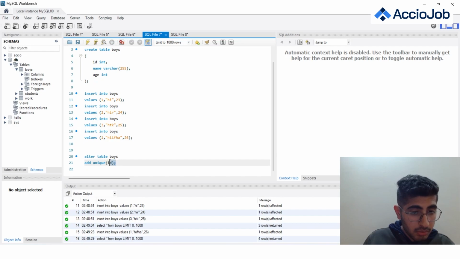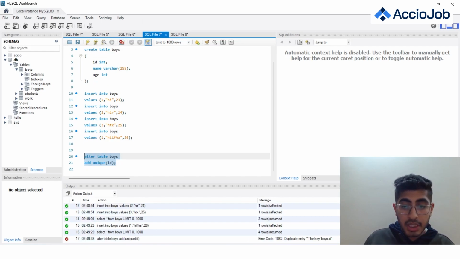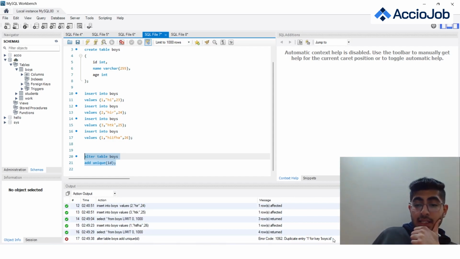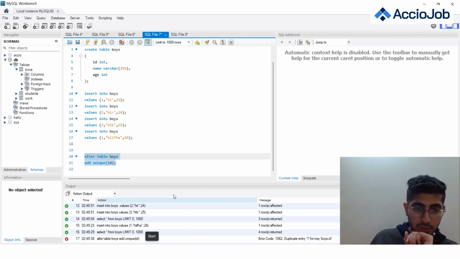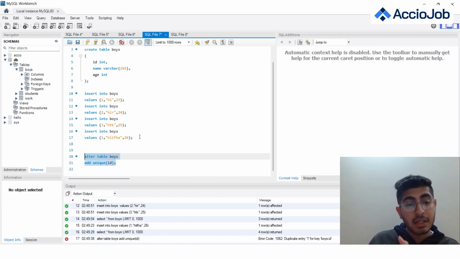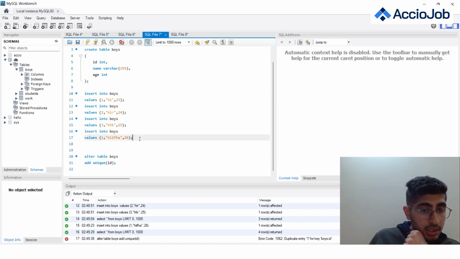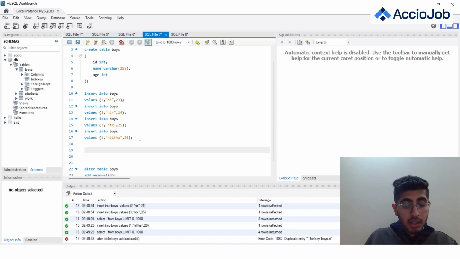Okay, now we'll run this one, that alter table. See what it is telling, that okay, we cannot set this column to unique because already there is one duplicate entry, so we need to delete that duplicate entry. Okay, now we need to delete that duplicate entry, then only this can be set. So one step could be we can use the previous concept that we learned, that was rollback. Another one would be